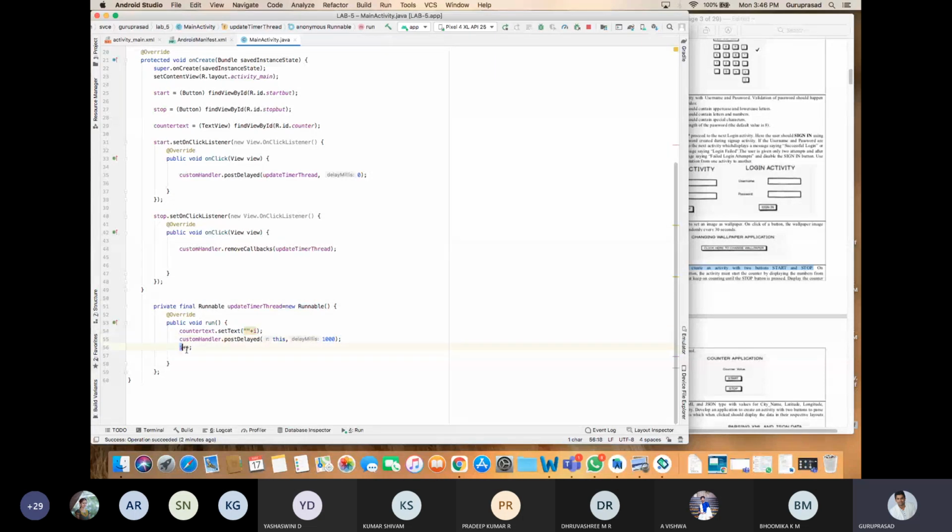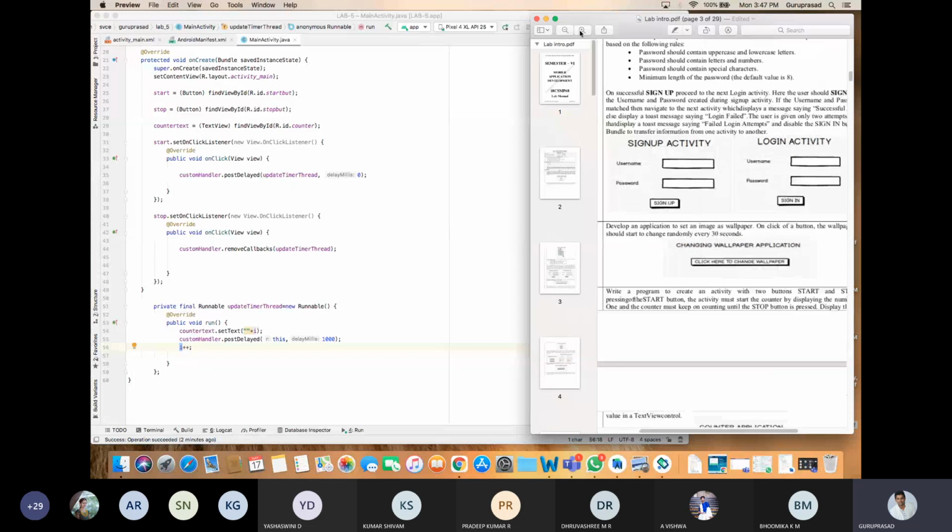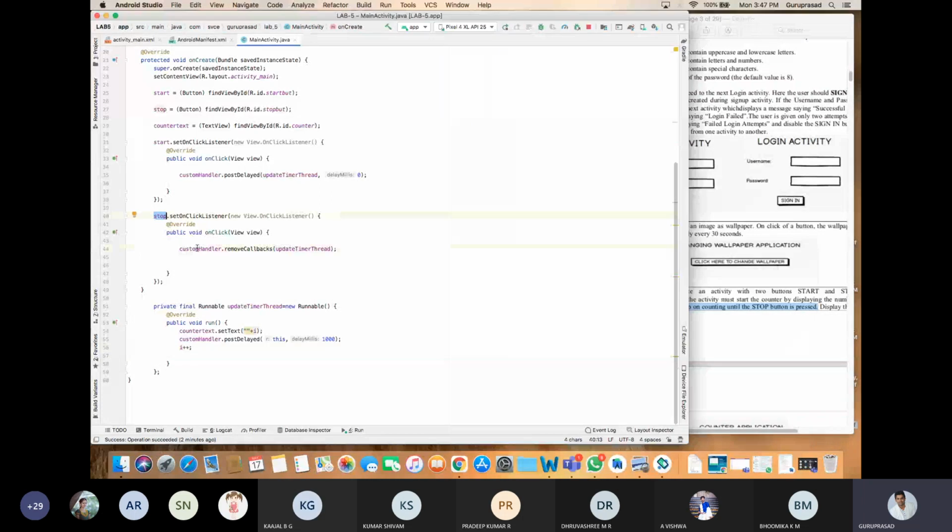I plus plus. 1, after 1 second 2, after 1 second 3, after 1 second 4, after 1 second 5, 6, 7, 8, 9, 10. Keep on going until when? It is clearly telling: the counter must keep on counting until the stop button is pressed.